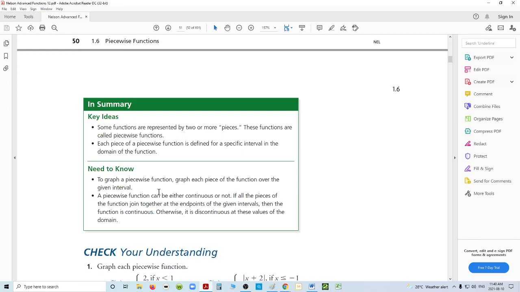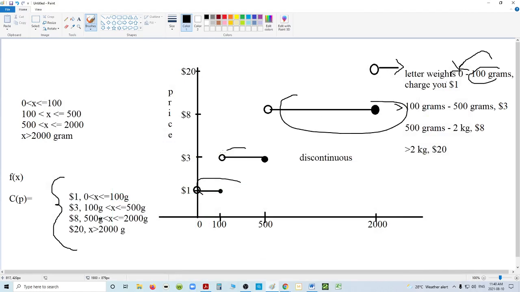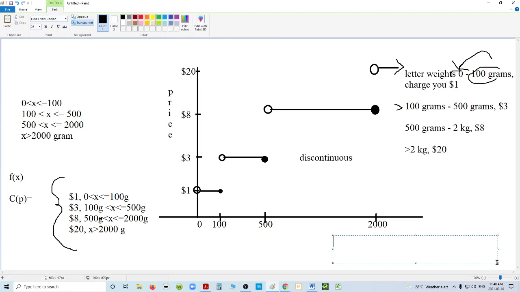Piecewise function just means a function that uses different rules at different parts of x. And they're actually true to life. You won't use it a lot in so much. Well, you could use it in some science, actually. But you'd see it a lot in finance. You'd see it a lot on cost of businesses like